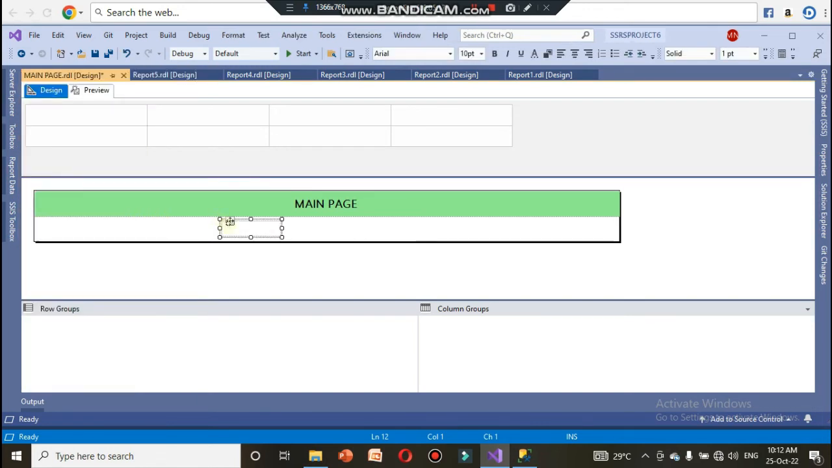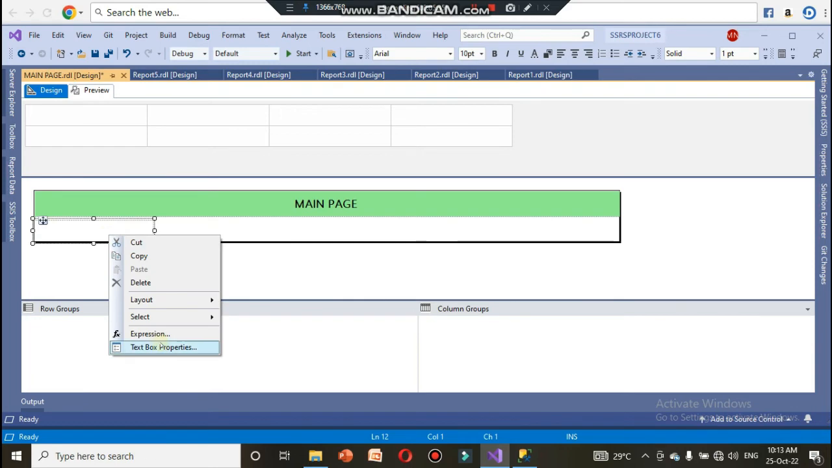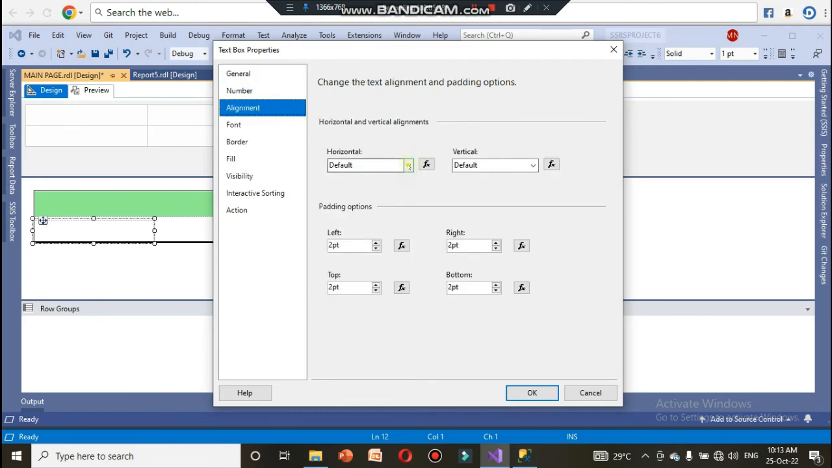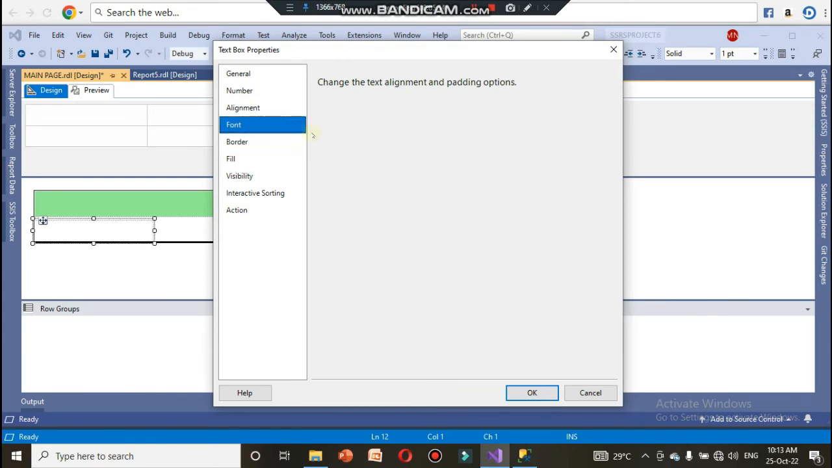So totally how many text boxes am I going to select? So totally 5 text boxes. So report 5 is the employees list. That one I am going to format and give the name. Here also we can give the name of the text box as employee list, and alignment center, middle, font is